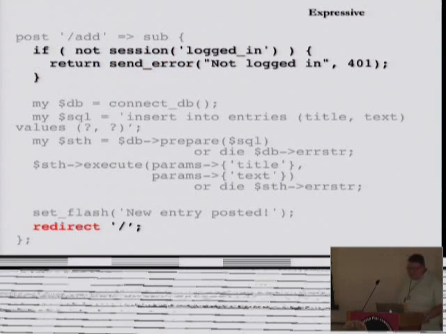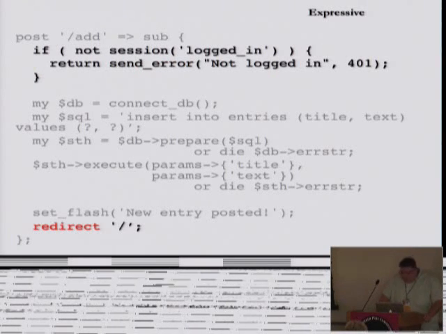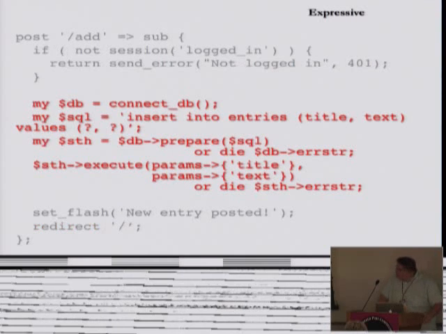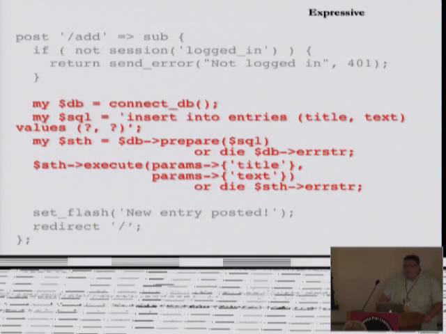And then the other thing I wanted to talk about here was the redirect keyword. And you guys can probably guess what that does. It redirects you to some other route handler. And just like before, in the middle, we have all this red code. It's straight up DBI stuff. There's no magic incorporated into this at all. It's very, very vanilla DBI code that you guys have probably written 1,000 times.